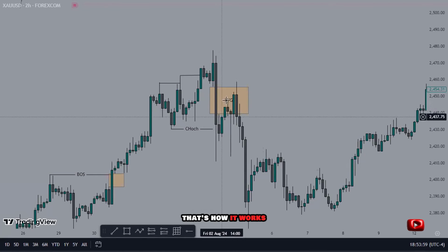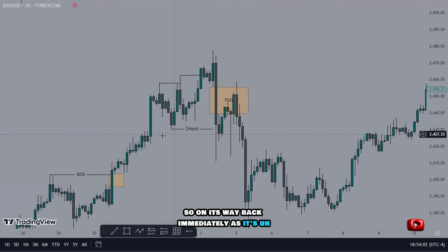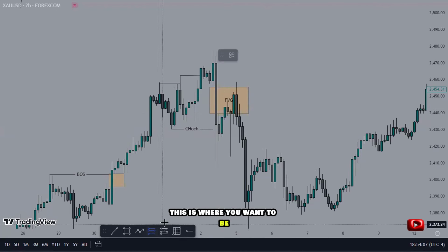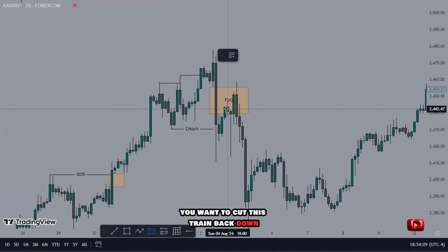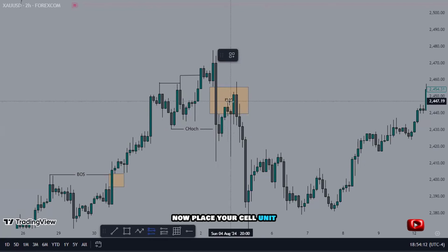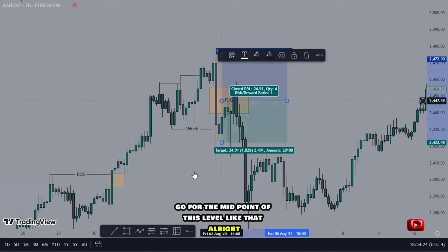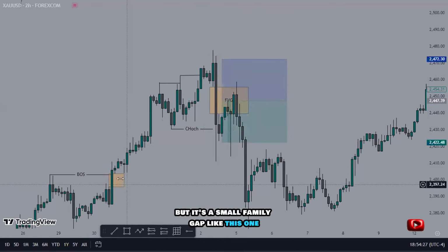That's how it works. So on its way back, immediately as it shatters this low here and starts breaking this low, on its way back, this is where you want to be. You want to catch this trade back down. Now, place your sell limit. This is how you place your sell limits. Let me tell you guys, my students, I tell them this all the time. Go for the midpoint when the fair value gap space is big. Like when you have a huge candle like this, go for the midpoint of this level like that. But if it's a small fair value gap like this one,